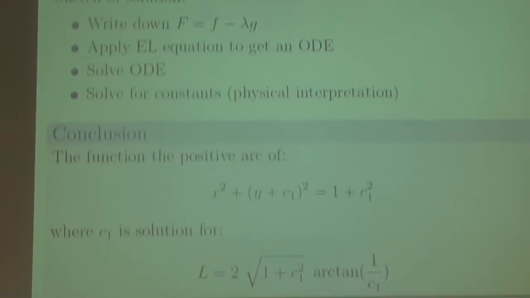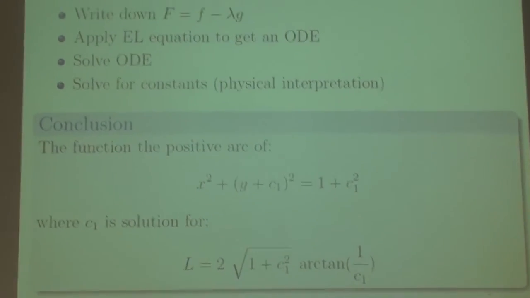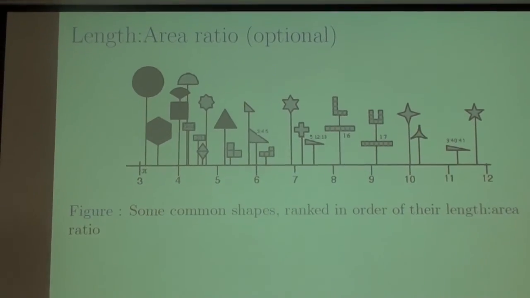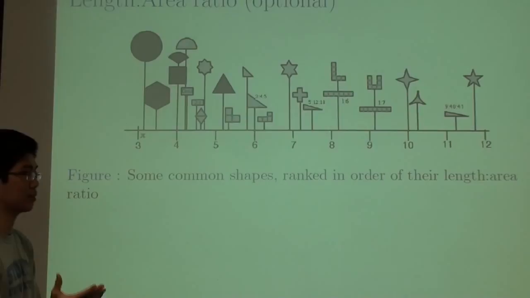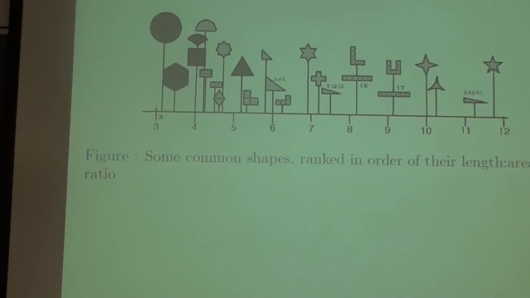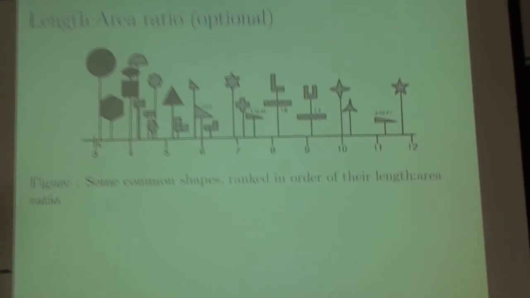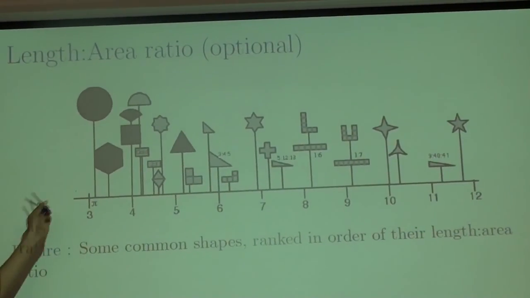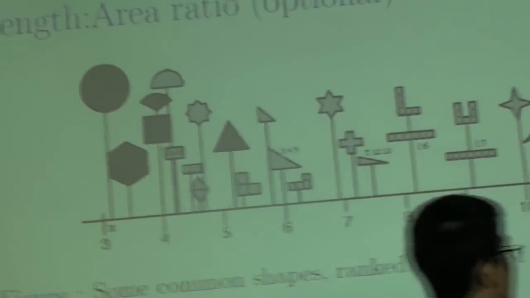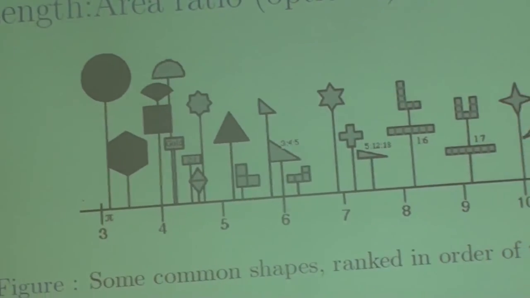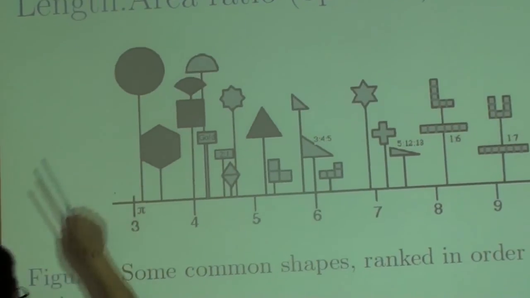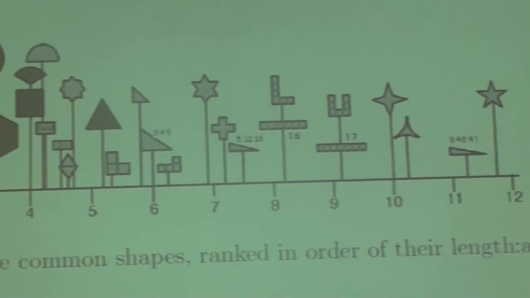And here's our conclusion written out nicely in LaTeX. Not LaTeX. So here, I mentioned before that I don't know if my circle is a maximum or minimum or some other critical point, but hopefully I can convince you with this rank of diagrams. Now, all of these shapes are ranked by their length-area ratio. By that, I mean the circle has the maximum among all of those shapes, the most common shapes you have in real